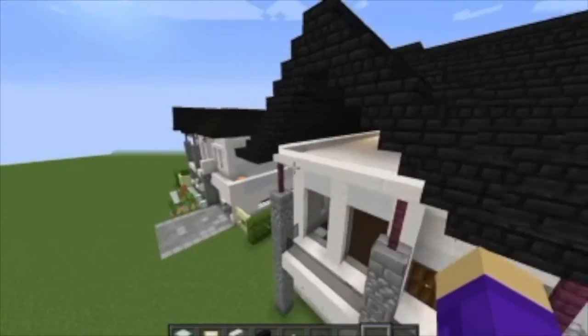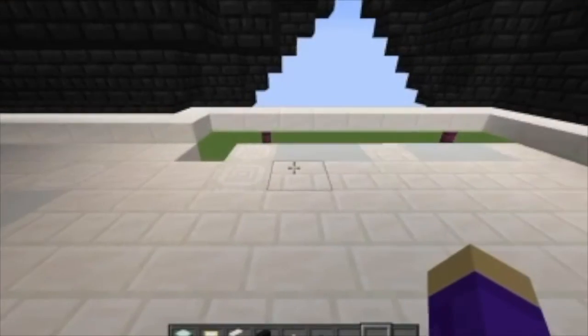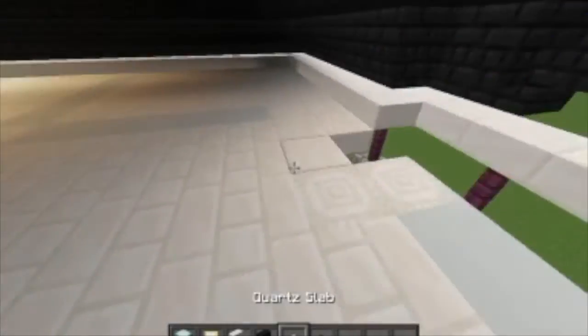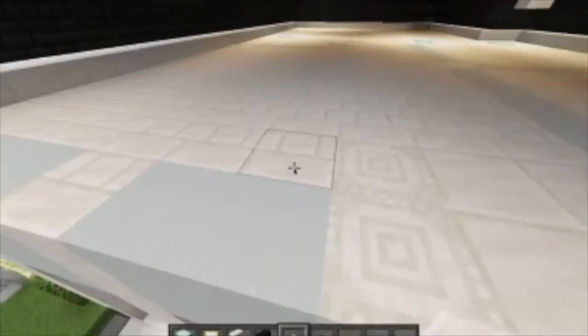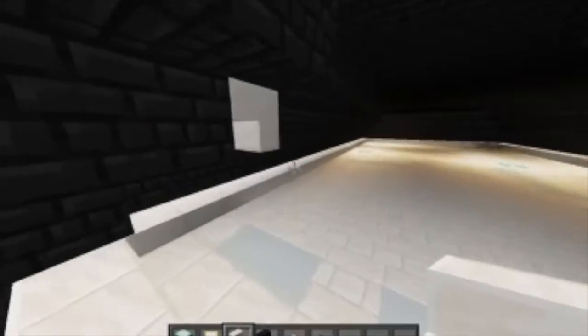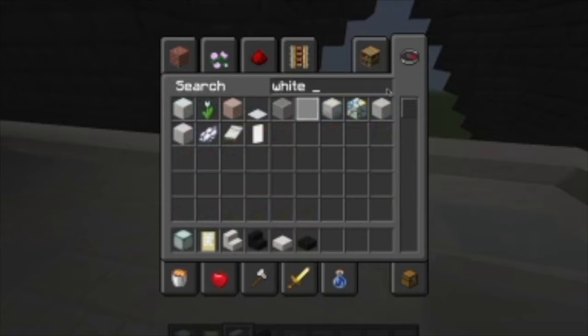And now with this one, you have an opportunity of having a third floor, making it large enough right here for this bit. And yeah, so then you can just use stairs to cover this right here to make it look nice, like this right here. Alright, you can use this to cover it up like here, and then with all this, you can get white stained glass